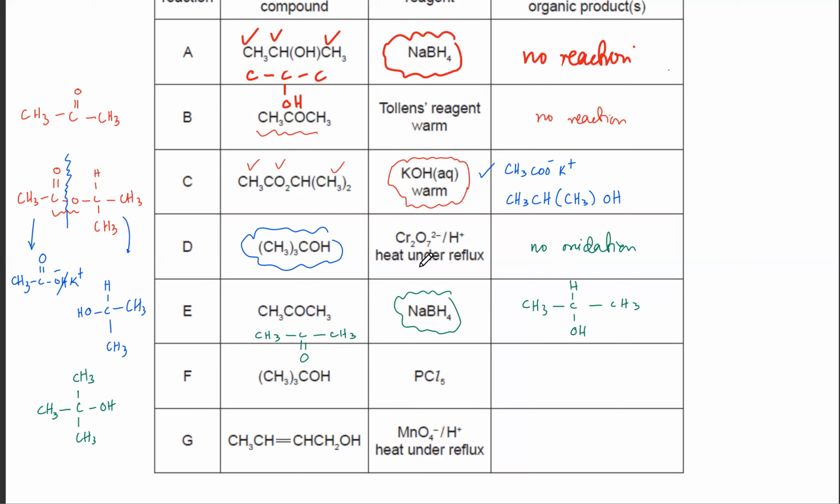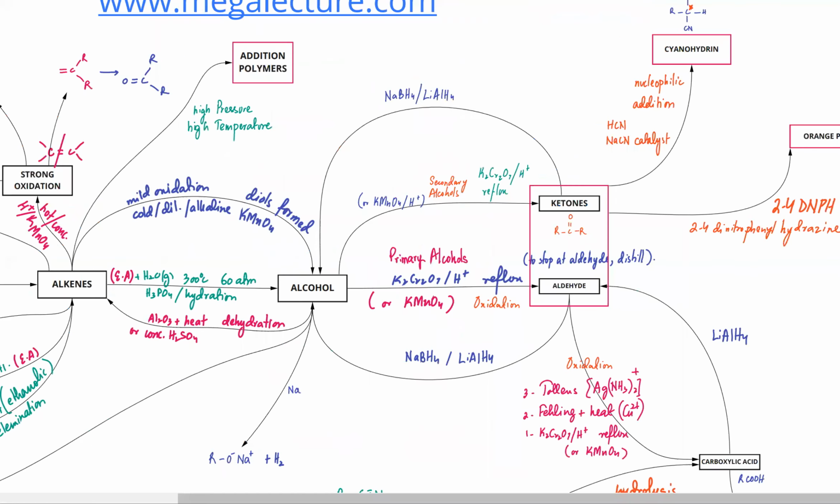Then I have a reaction of an alcohol with PCl5. What that does is that the OH gets replaced by Cl. So this reaction,